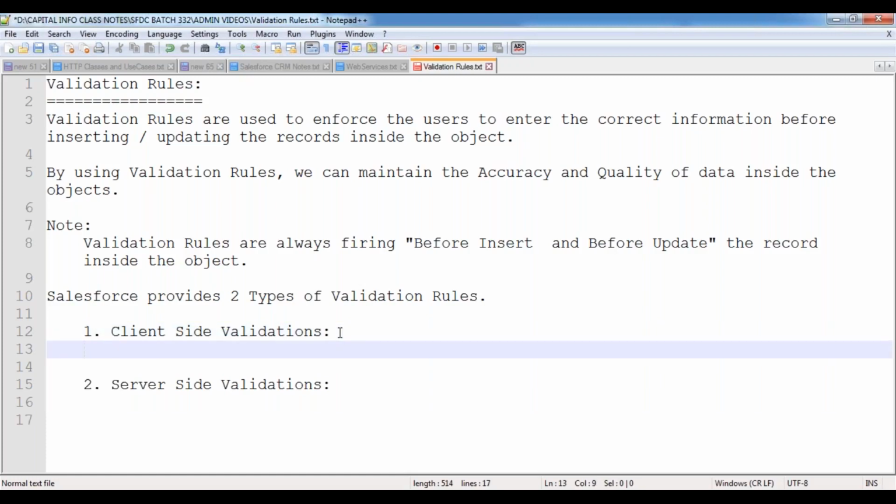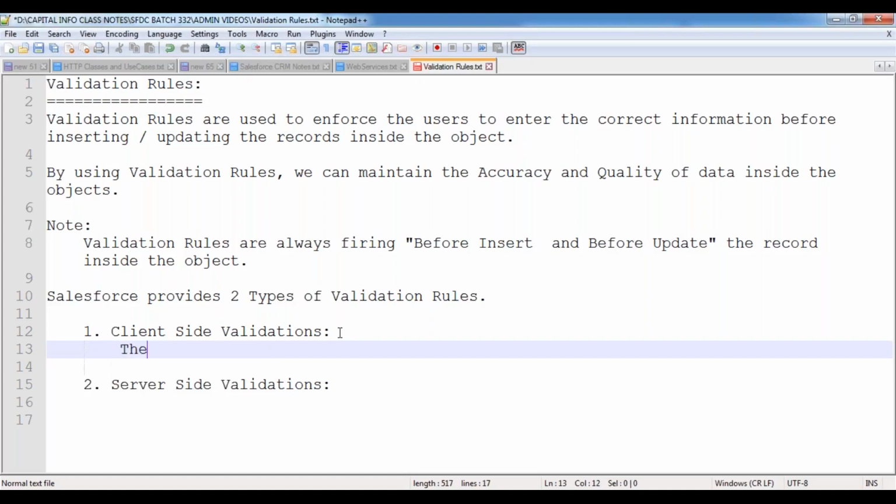Client in the sense of browser, so that we can validate the data at the browser level. Whenever you want to validate the data at the browser level, those validation rules are called client-side validation rules. Client-side validation rules are used to validate the information at the browser level itself.